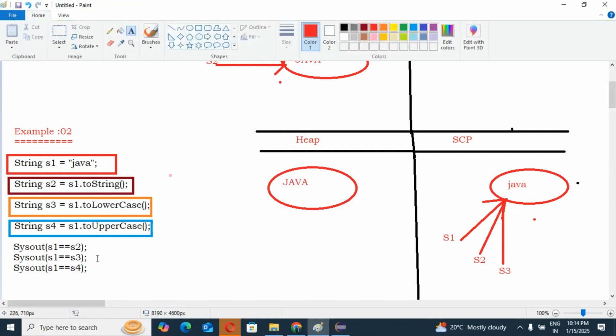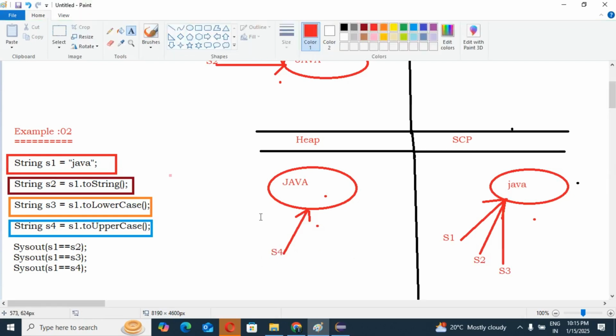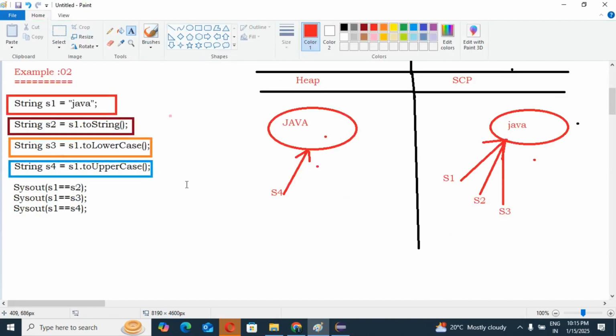This time this will be pointed to by s4. Yes, guys. This time it is pointed to s4. Guys, see. So this is the way we need to create the object, for any given object.